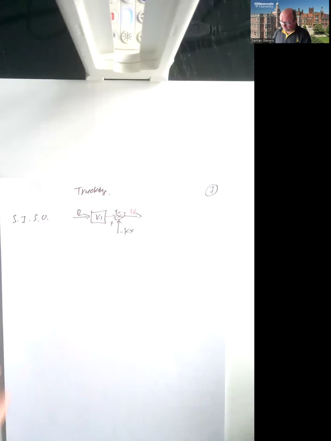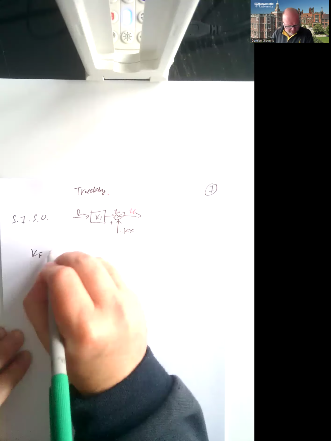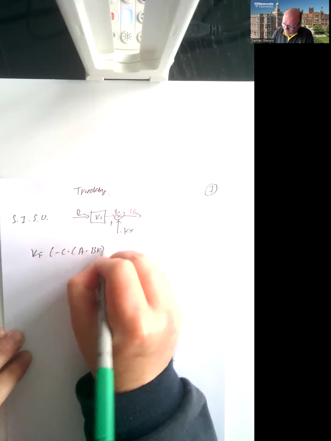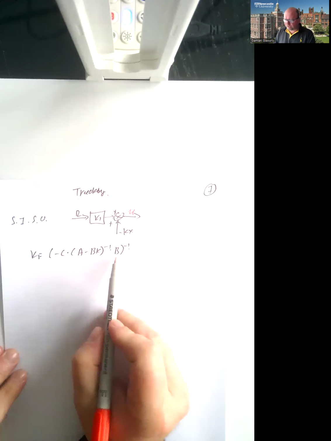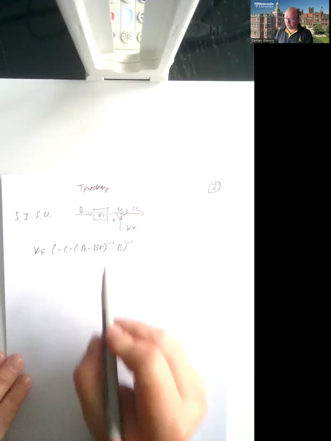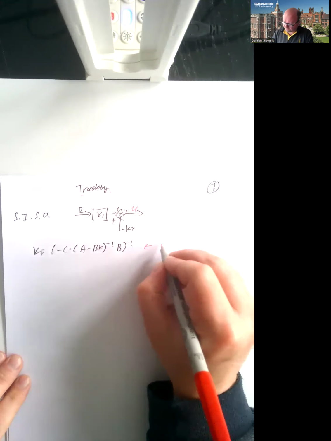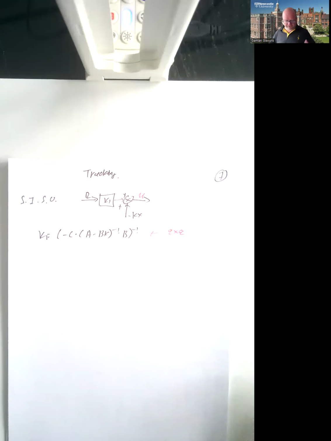Now, you don't have to know this formula, but you must be able to derive K1 will be minus C times A minus BK to the power of minus 1 times B to the power of minus 1. So you must be able to derive this, and of course you must be able to use it. Please remember, since we are using inverted matrices, all I can do here is a 2x2 system, because we do not know how to find the inverse of a 3x3 system. And the second method,